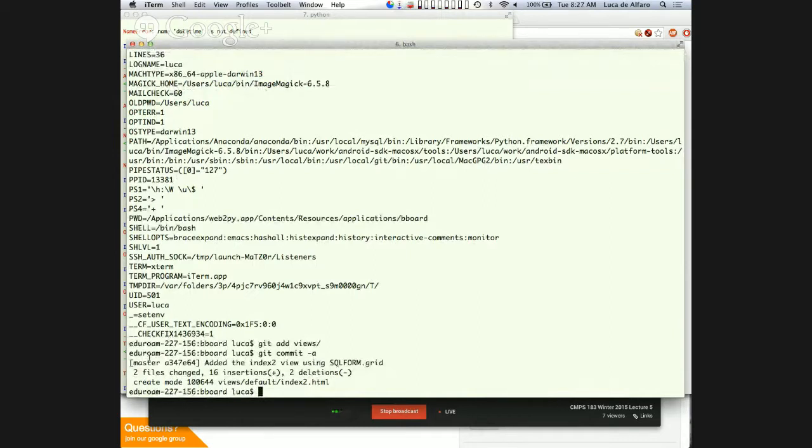So Git works in this way. Whenever it does a commit, it invents a random number, like a random string, that associates with each one of these. Each one will have a very long random string associated with it, and that's the unique way in which Git tracks which commit is which. In this case, it just gives me the beginning of the string, but the real string is quite long.